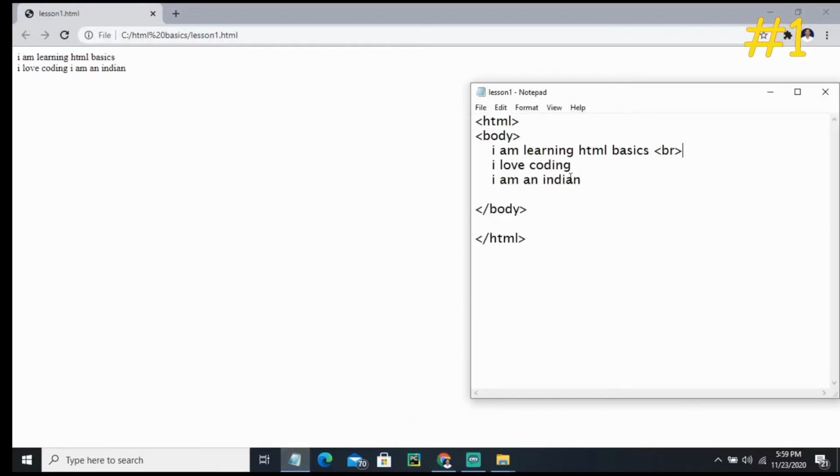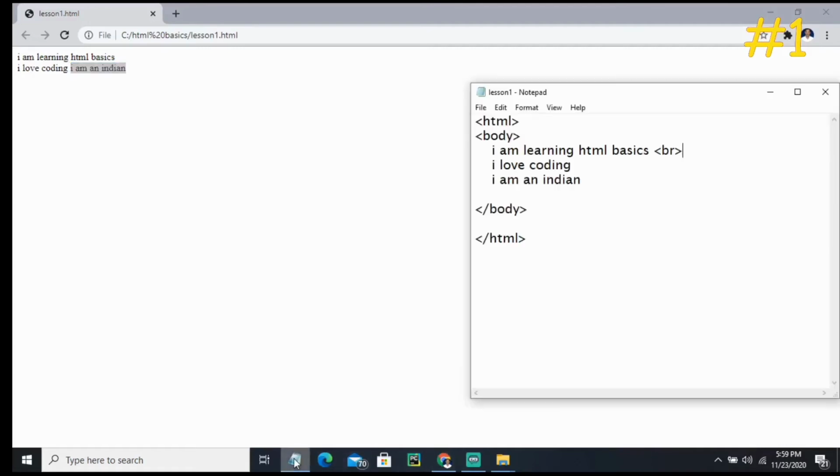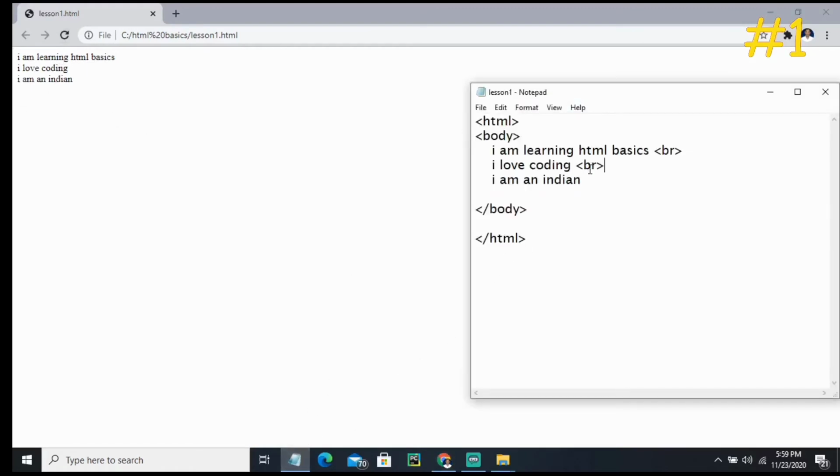We have put a break here, so I love coding comes in the next line. Even if you want I am an Indian in the next line, you just have to put a break tag after I love coding. After putting it, save it and refresh it. See, it's coming on the next line. So this is the way you should use the break tag. It puts the continuation of the line in the next line.